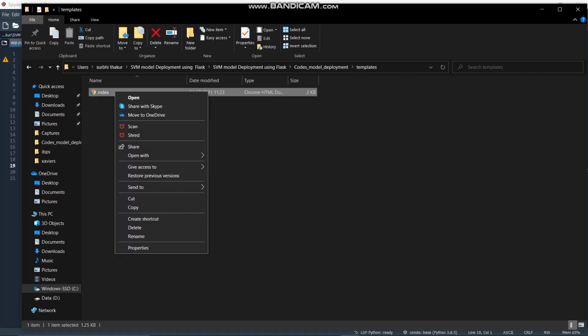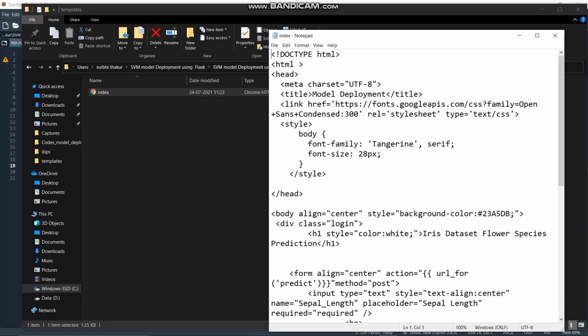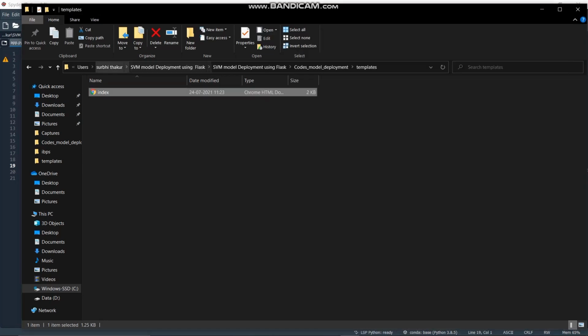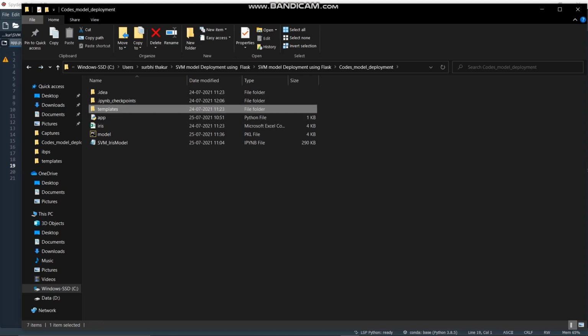The template folder should be in the same folder where all our files are generated. As you can see, we created this HTML file and saved it in the template folder, and all these files, the model, the dataset, and the Flask app, are in the same folder.